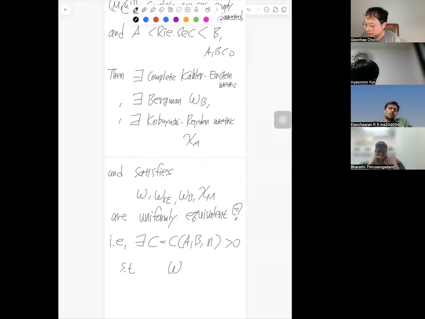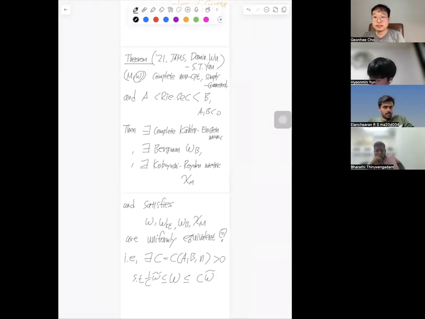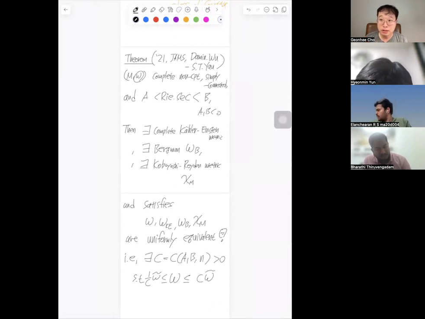each of these metrics are related in this sense for all those metrics. In the complex geometry community, among the senior complex geometers I discussed with, this is regarded as one of the deep results. So if you just appreciate the implication, imagine complex hyperbolic space with the Poincare metric,